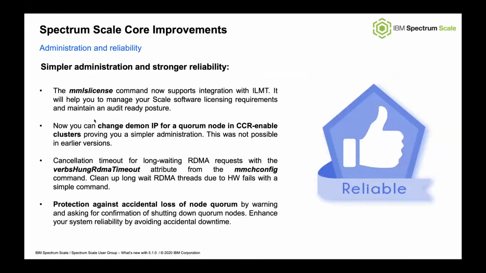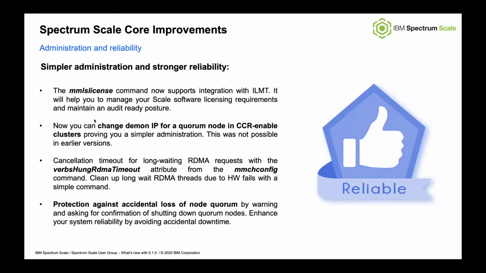So let's start with the core improvements. For the case of core improvements in terms of administration and reliability, Spectrum Scale 5.1 is introducing a set of enhancements and additions that are looking for reducing the complexity of the system administration and provide a stronger reliability at all levels. For example, now the license command supports integration with the IBM licensing metric tool. That means that now you will be able to automatically collect, format, and manage all your software licensing requirements